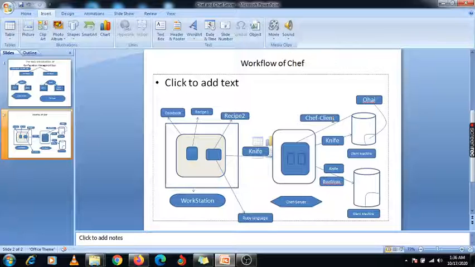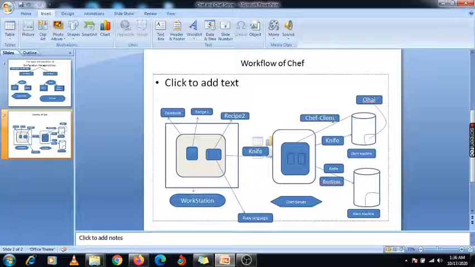This Chef client is installed on your node machine only, and it is used to pull code from your Chef server to the node server, okay?